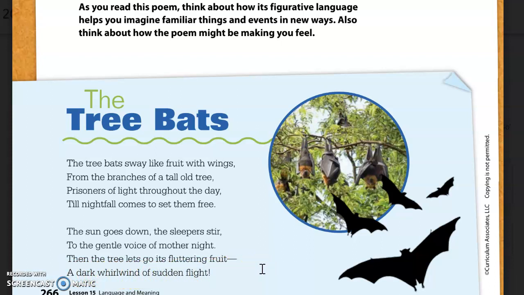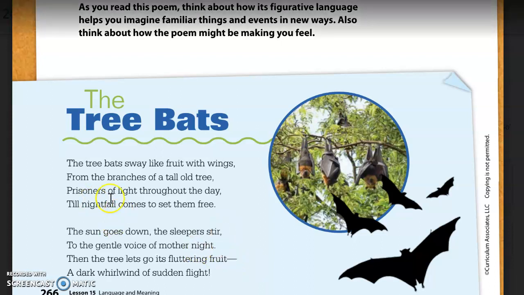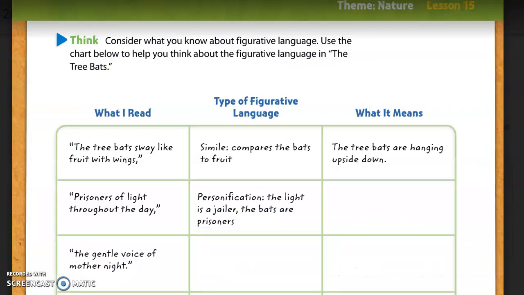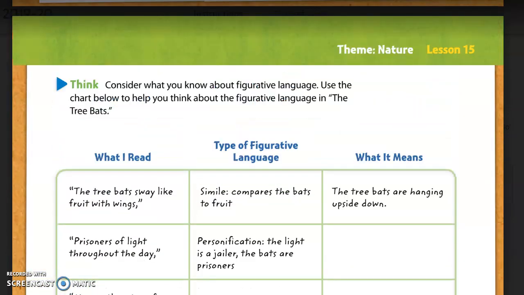So first you could probably think about the mood and how it made you feel. I guess everybody would feel differently here, but how did the author want us to feel? Using things like night and nightfall, it leans a little more toward a darker mood, maybe. And then with the types of figurative language that they used,